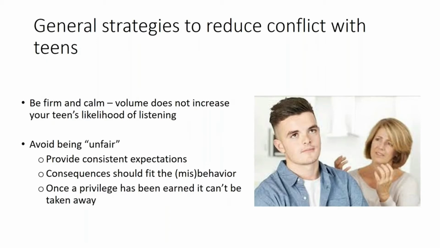What oftentimes happens, though, particularly in response to negative behaviors, is that parents can act out of anger. And this can lead to giving bigger punishments, such as no electronics for a month or being grounded for 3 months. And these types of large punishments, while they might feel like this was a really big misbehavior, can actually cause what we refer to as a downward spiral, where you've already taken away this really big privilege, and so you have to keep taking away other smaller things or other privileges until there's truly nothing left for the teen to lose.